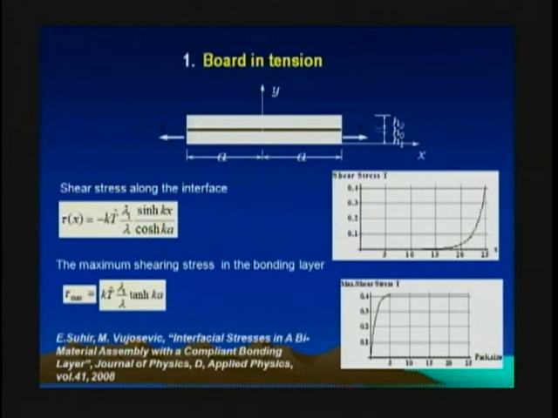Of course, if the length of the assembly is 0, the stress is 0. But if the length of the assembly is here, I believe 5 millimeters, 10 millimeters, and so on, the stress is already high, whatever it is, and it doesn't increase with a further increase in the length of the assembly,